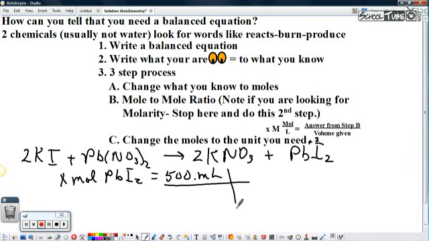What's the first step of the 3-step process? Change what I know to moles. I know 500 milliliters. What in the problem will help me change it to moles? I've got to change it to liters? Not necessarily. The 0.55 moles of KI. Oh, my writing is terrible right there. Let's do it again. 0.55 moles KI,